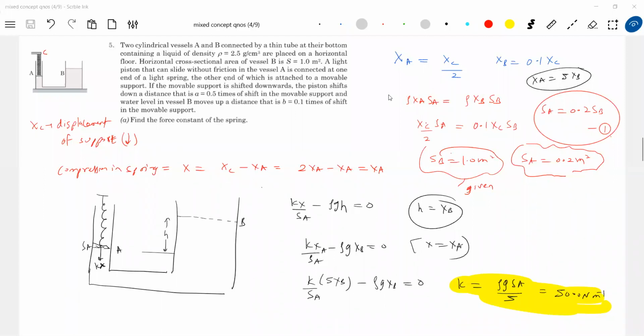Six thousand is given, I don't know where the other thing is missing. I think the height should be XA plus XB, sir. I mean, the piston A is also going down, right? Yes, sir, it should be XA plus XB. H equal to XA plus XB you're writing. So if you write XA plus XB, how much will you get?